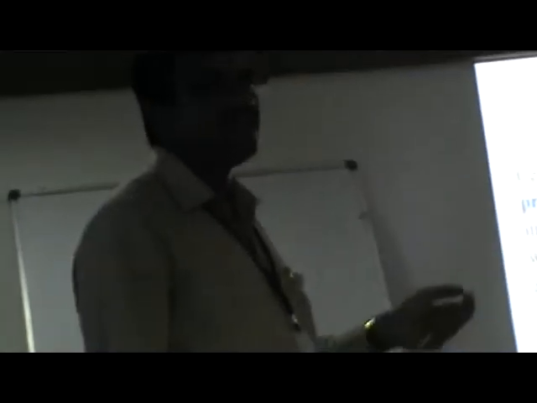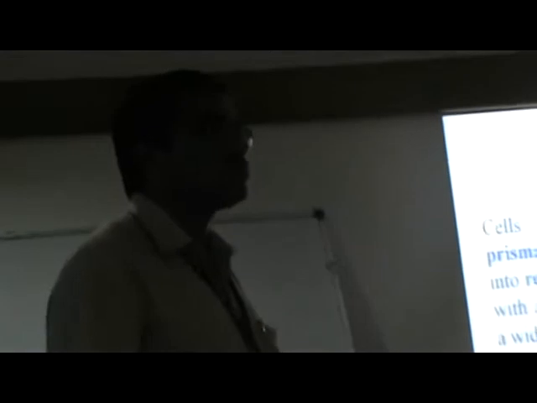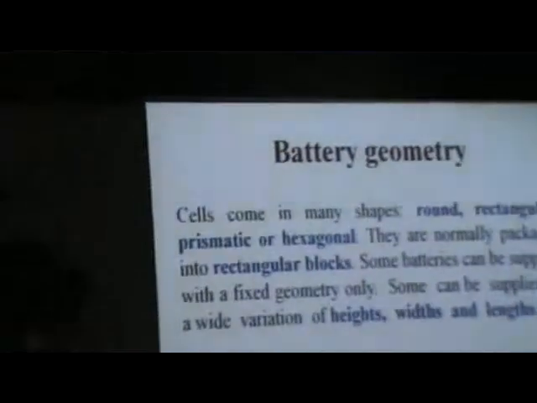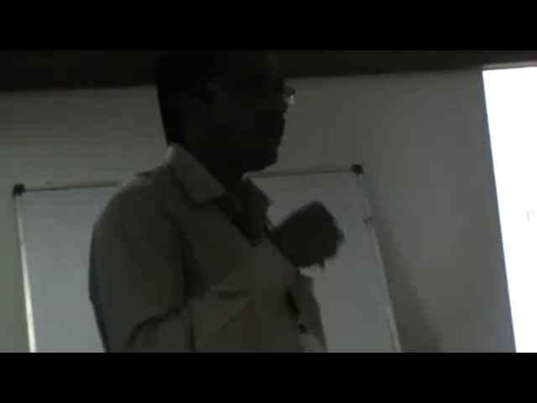Then you have the cell design also. Now you know about that. The cell is also called a high tension battery, or a low tension battery. Another is also called a tubular battery. Then there is round, then rectangle. According to the type of plates you have to design, your battery name also varies. Another factor considered is height and length. If you want to increase the current rating, the capacity rating, then you have to increase the height and length.